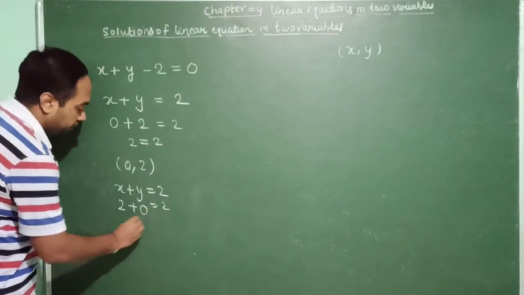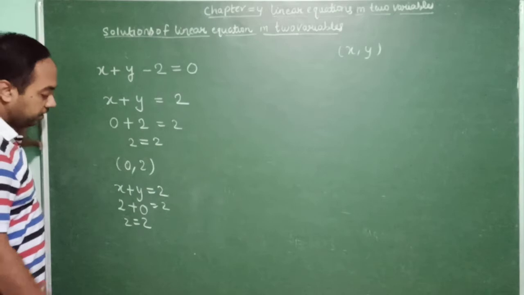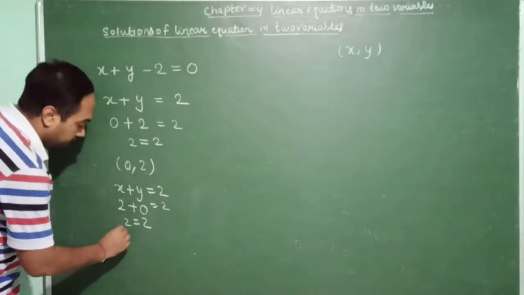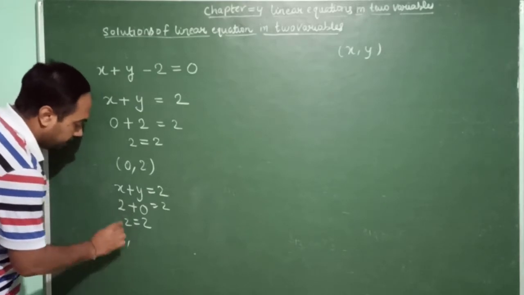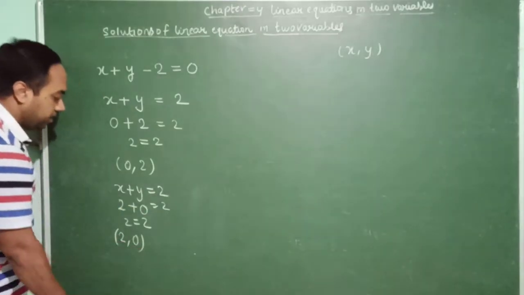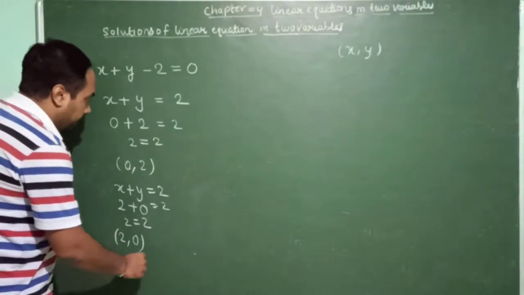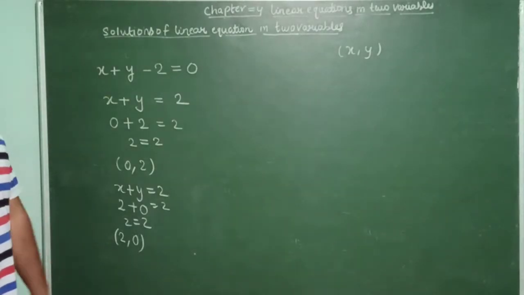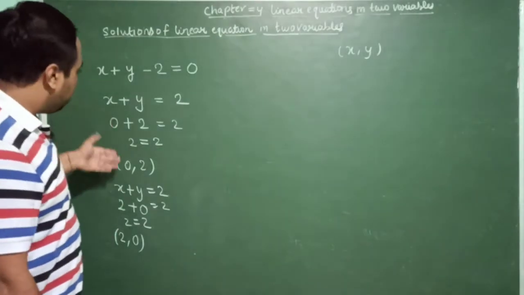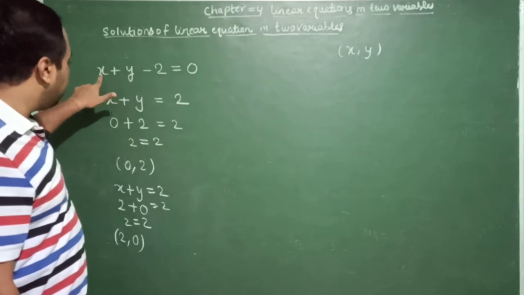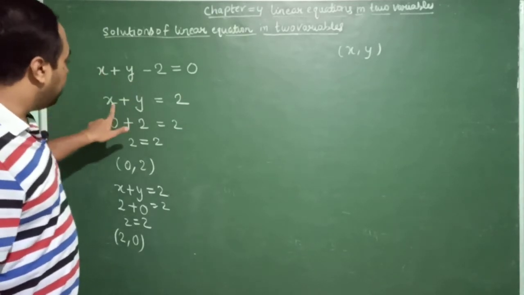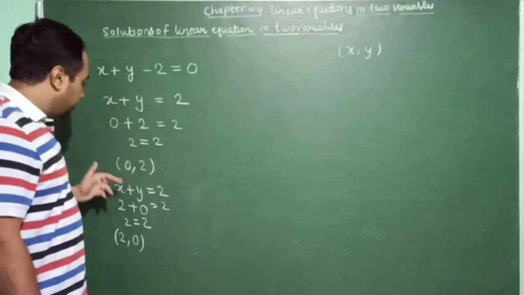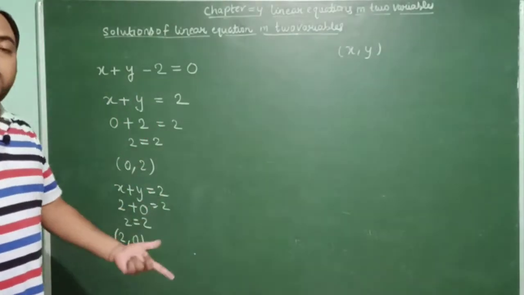तो देखो, फिर से अगर आप सॉल्व करते हैं so you'll get 2 equal to 2, this means LHS is again equal to RHS. This means that this (2, 0), देखो, what is the x coordinate this time? 2, and what is the y coordinate this time? 0. So this (2, 0) is also a solution of this linear equation in two variables. अच्छा, अब देखो इस तरह से. अब देखो यहाँ पर अगर हम if I replace this x by 1 and y by 1 over here, then again 1 plus 1 will become 2. So (0, 2), (2, 0), (1, 1).